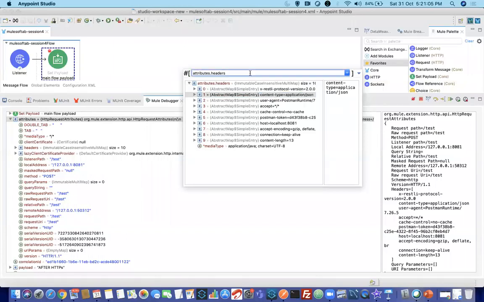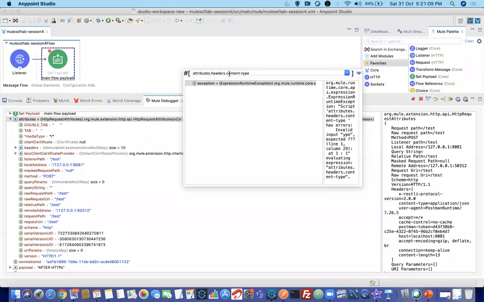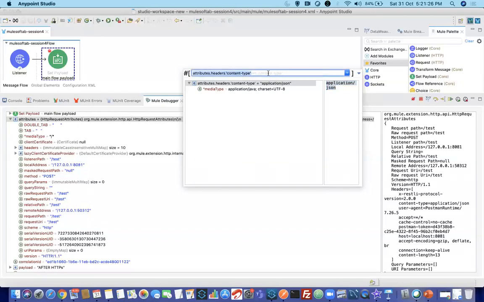So you can click dot content hyphen type. It will not give a result because the hyphen is there. You can just use single quotes for that particular thing. Now you can see you are getting application JSON. So this is the easiest way to identify the syntax. This is a very small trick which you can use because you can test over here instead of directly writing in the code. Now everything is done. I will copy this, keep it somewhere and then use it in my code. We'll come back to attributes again.